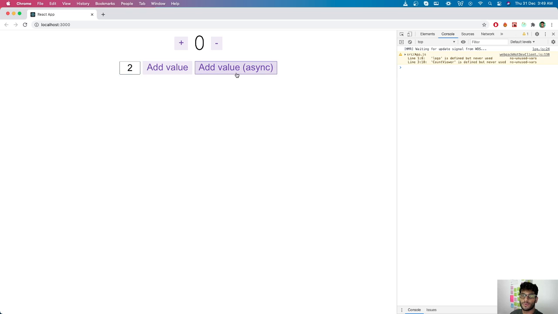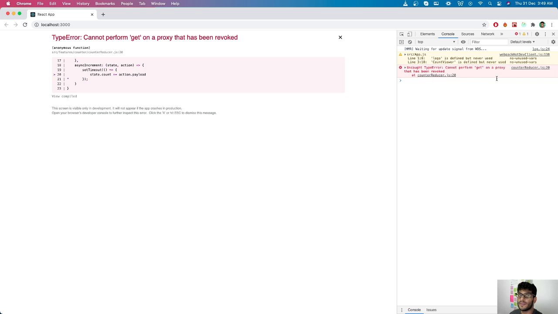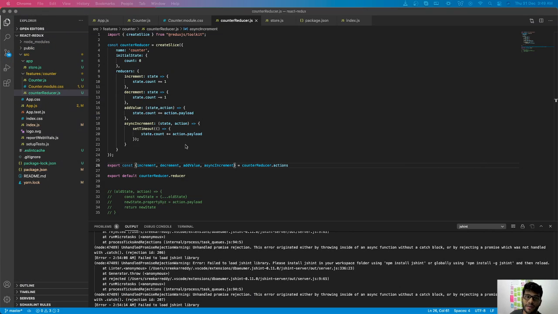Add value 2, add value. There you go. We have a problem. Cannot perform get on a proxy that has been revoked. Look, I can't make heads or tails of this particular error message, but having read through the documentation, I know something. You're not allowed to call